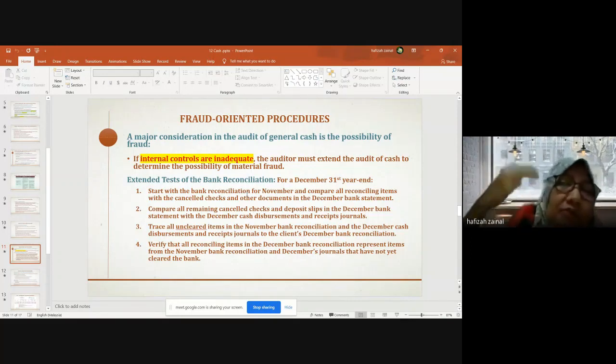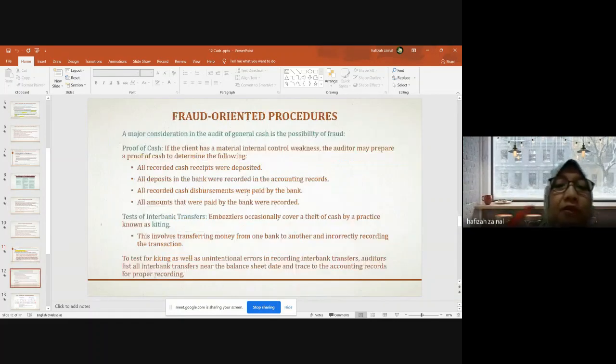What we do is still the same thing as just now. We agree the balance as per bank statement to the cash book, and then we trace all the reconciling items, the unpresented cheques and also deposits in transit, between the month and also the bank. All right, and then another area that could possibly involve fraud is